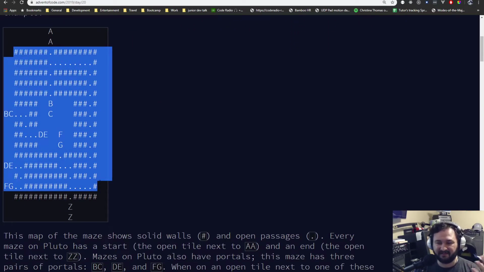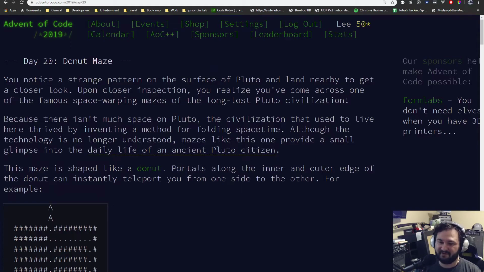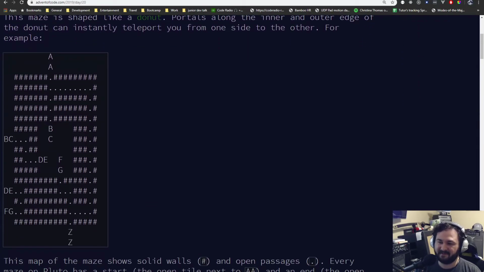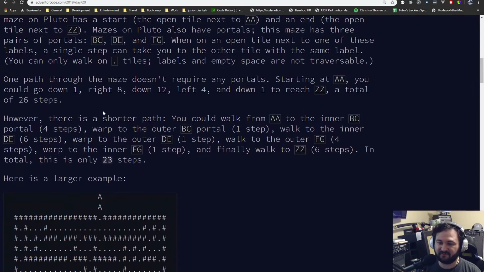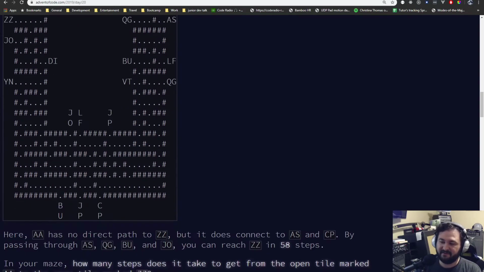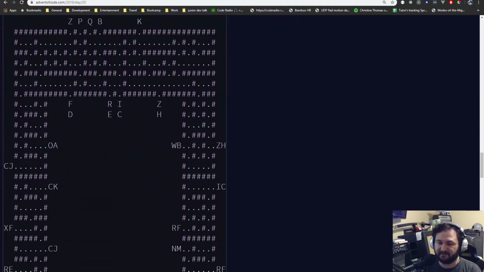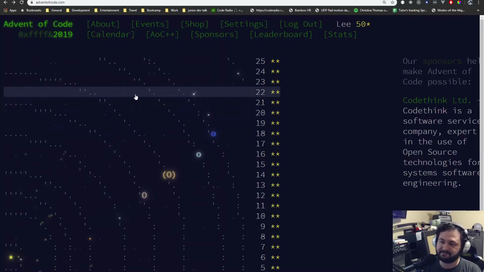Being able to take that knowledge that I learned from day 15, apply it to 18, apply it to day 20 was really fun. I got to implement a different algorithm for searching. And then doing this recursive problem where you've got the same maze that fits inside this inner maze using these portals and stuff. It took a long time to code it, but just like I said, just being able to get this was really awesome.